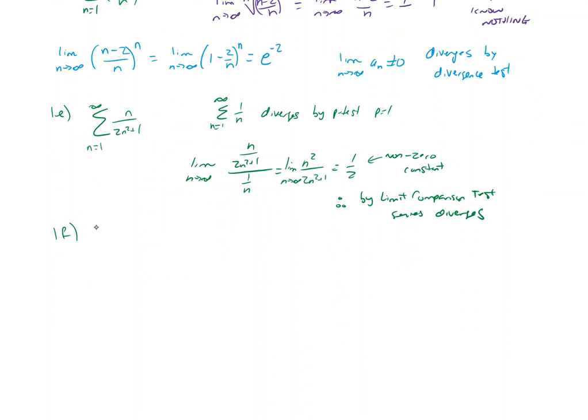Oh, this is the same thing, isn't it? It's the same thing squared. Yeah, it's the same thing squared. So this is like 1 over n here, but it's now being squared. So we're now just going to compare it to 1 over n squared. You know this converges by the p-test. P equals 2, which is greater than 1. And therefore,